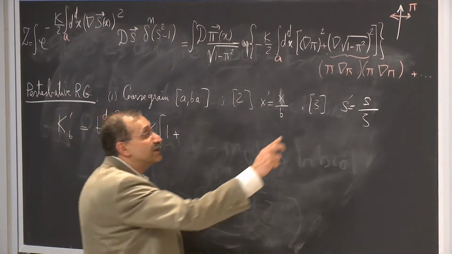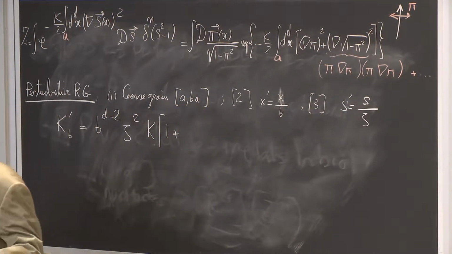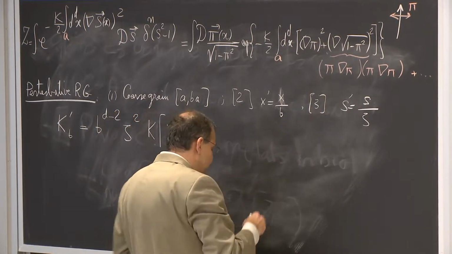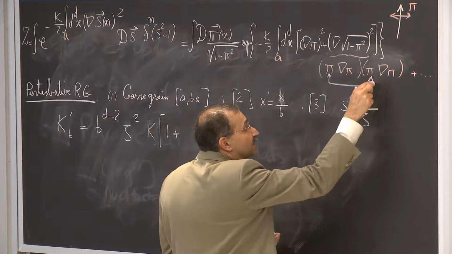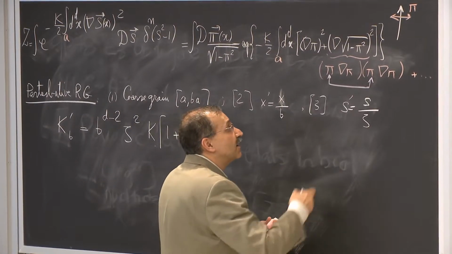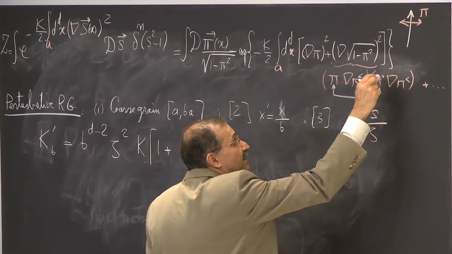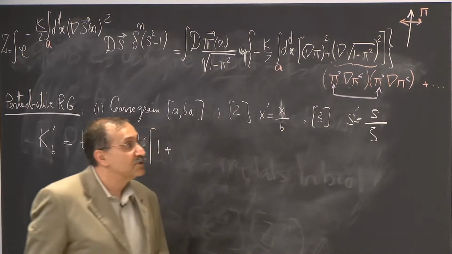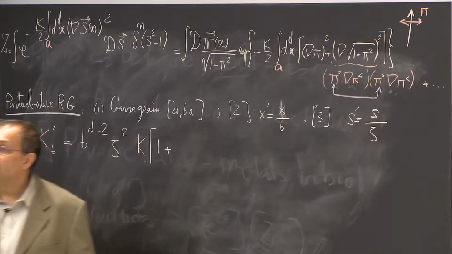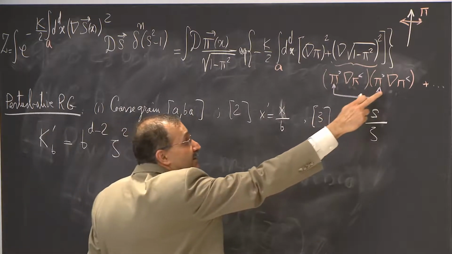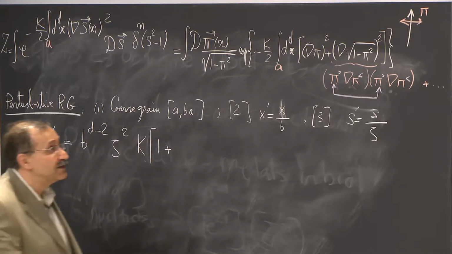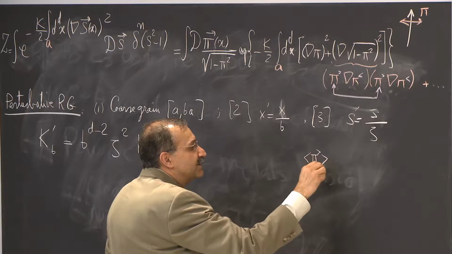and we see that in this expression, each one of these pi's can be a long wavelength fluctuation or a short wavelength fluctuation. Among the many possibilities is when these two pi's that are sitting out front correspond to the short wavelength fluctuations. These correspond to the long wavelength fluctuations. And you can see that averaging over these two will generate an interaction that looks like gradient of pi lesser squared, and that will change the coefficient over here by an amount that is clearly proportional to the average of pi greater squared